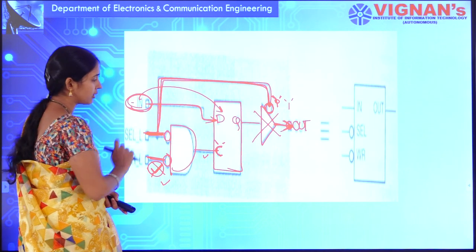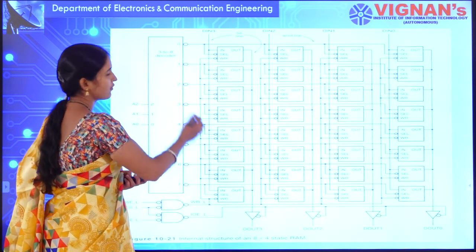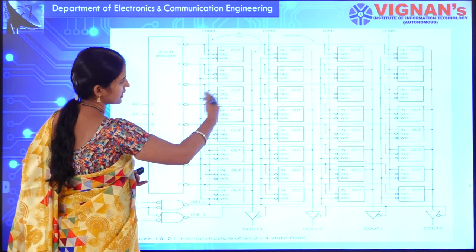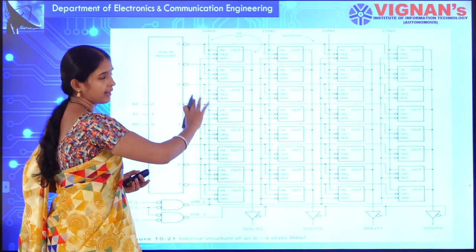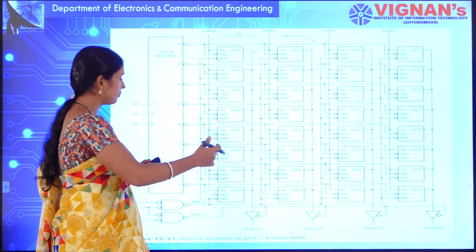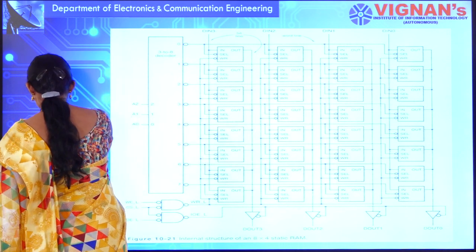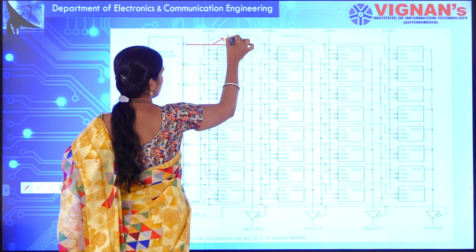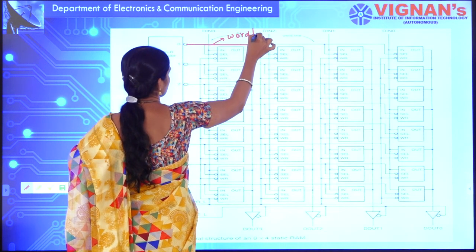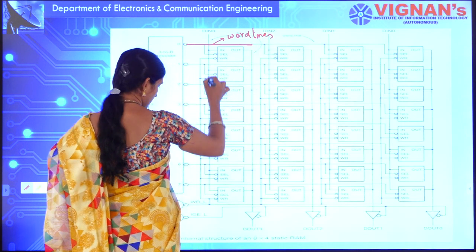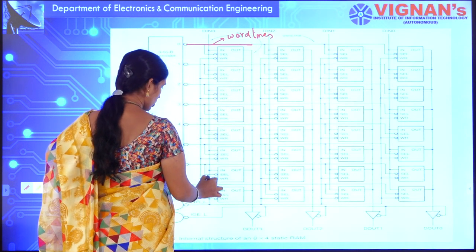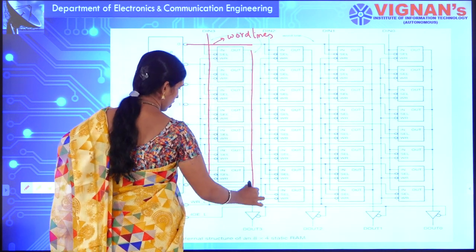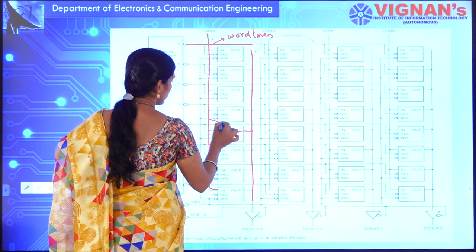That is not one bit. We have already seen only one cell. Here if you see the array of cells, there are more cells arranged according to row and column. This is your word line. These are your word lines, and these are your bit lines. This also is a bit line; both of these will be your bit lines.